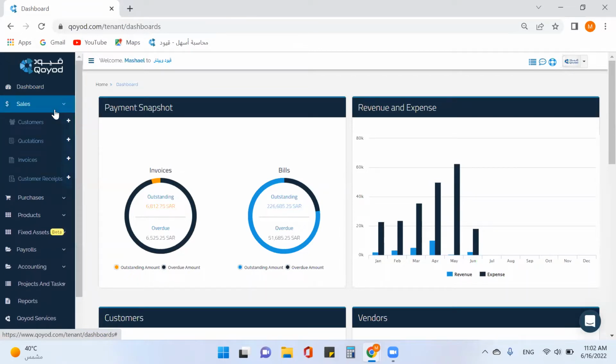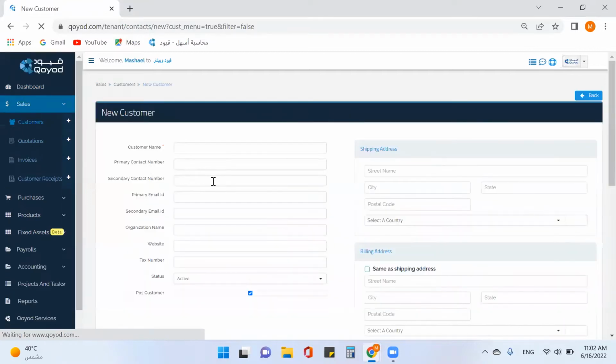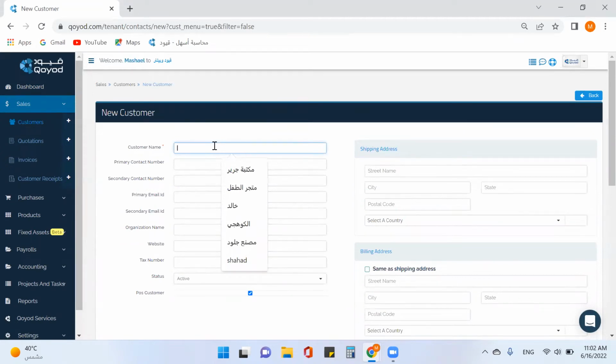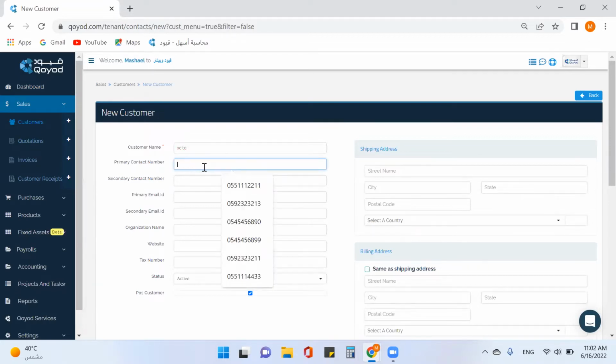First, to add a new customer, we will come here to the sales department and click here on the shortcut of customers. I will write the customer name from here. Maybe I will choose Excite. The primary contact number,